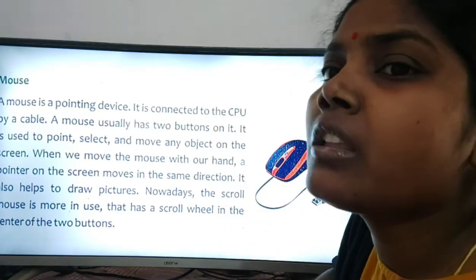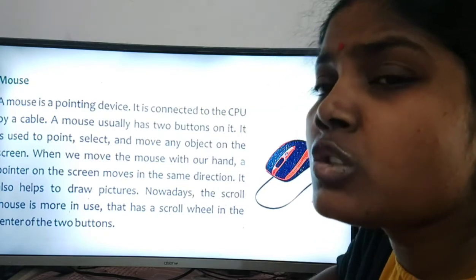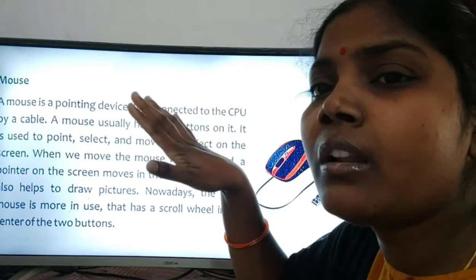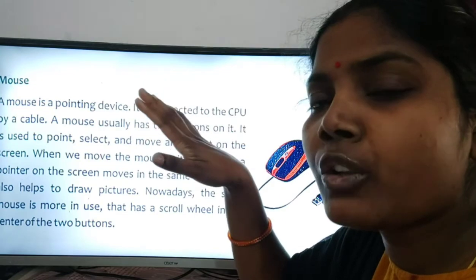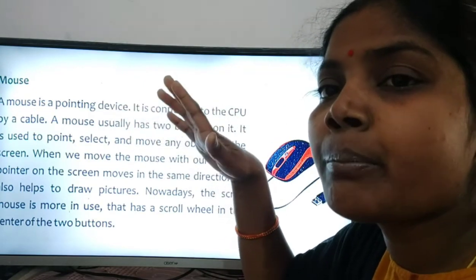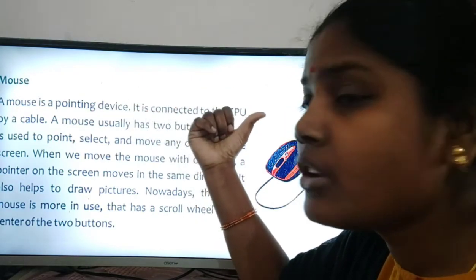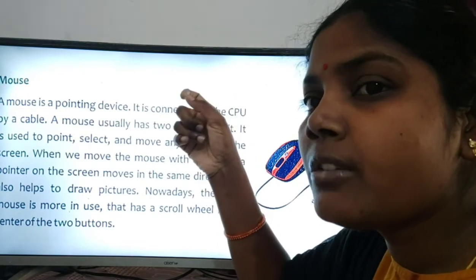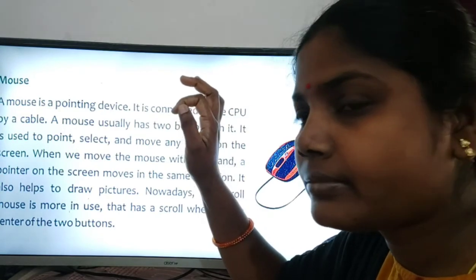Nowadays people are using the scroll more. We use the mouse to point out particular lines or words or passages, and not only point out, but also if we want to select a passage, page, words, lines, letters, we can use the mouse. And with the help of the mouse we can draw pictures on a computer.